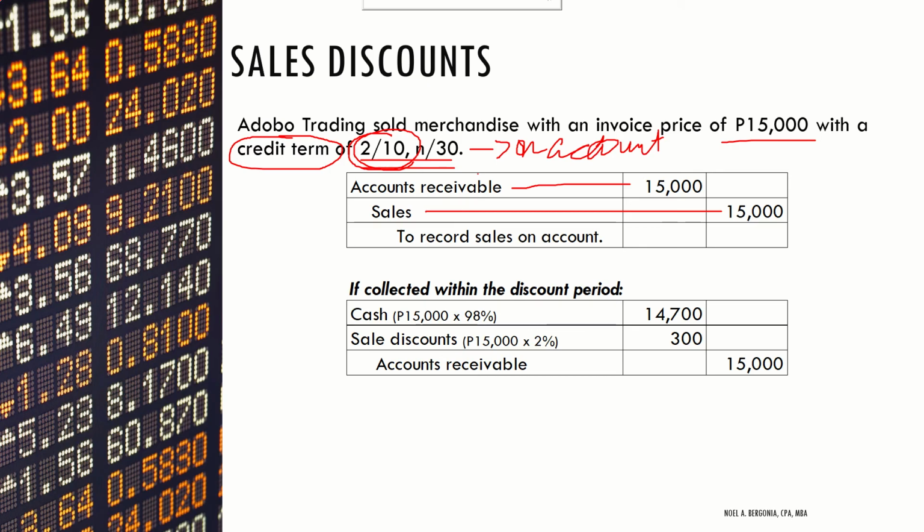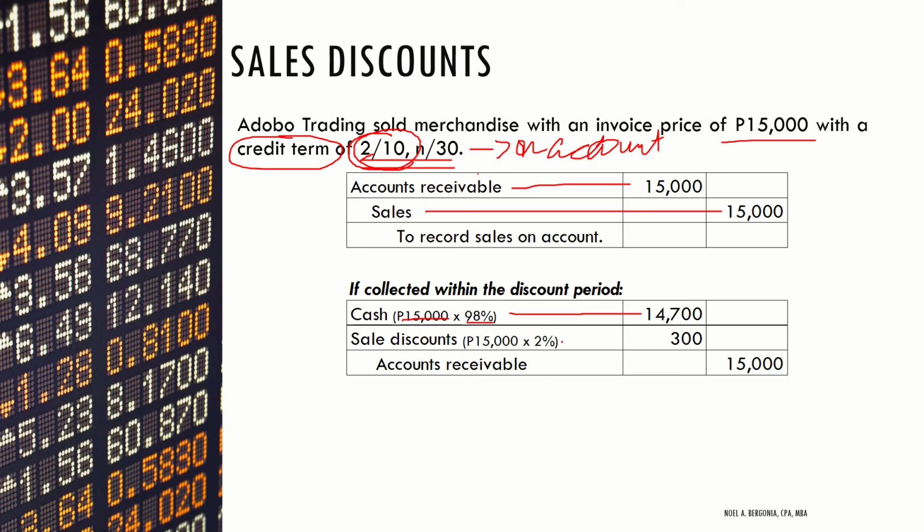So we will be debiting cash. So magkano na lang ho yung cash na marireceive natin? 14,700 na lang po. Bakit? Kasi yung 15,000 na utang ni customer, babawasan mo na ng 2% discount, 'di ba? Kaya nga naka-times 98% kasi bawas na po yung cash discount diyan, okay? 14,700. And then, we will account for separately dahil ito po ay cash discount, yung title na sales discount which is a contra revenue account, kaya debit balance po ang normal balance niyan, no?